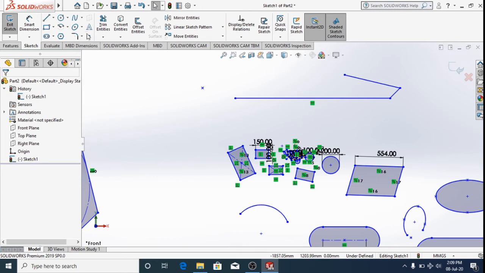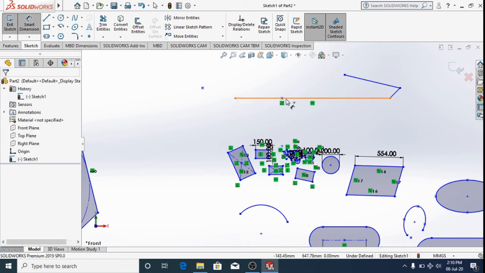And if I want to place the point on a line, when I put the cursor on the line, the line changes to orange color. That means whatever feature you are going to put here will be on the line. If it turns blue, that means the point is off the line. So let me put it on the line.